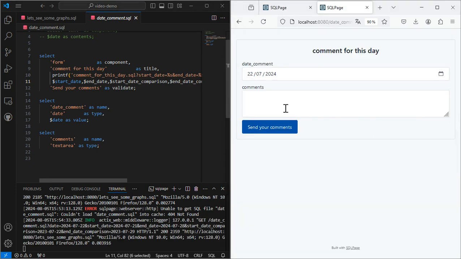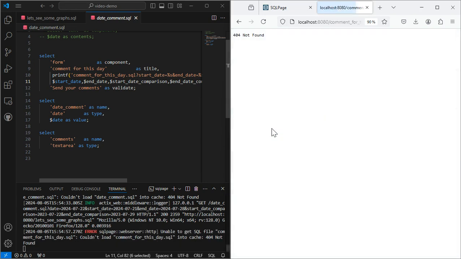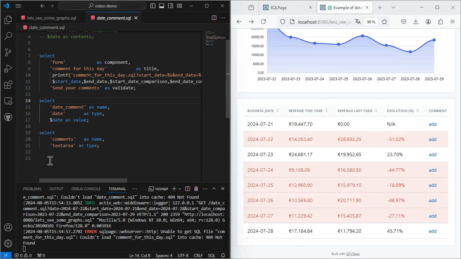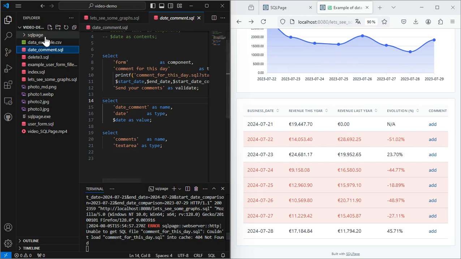Finally, we need a last script to insert data into the table when a user submits a comment. Currently, clicking the add link is not doing anything. We create our final script called comments for this day.sql, which will insert the data into the table.